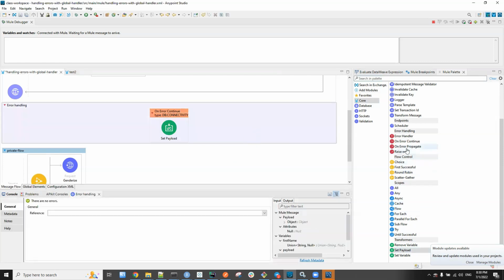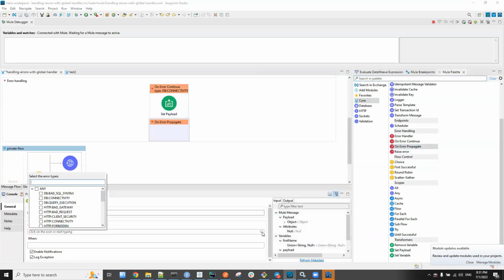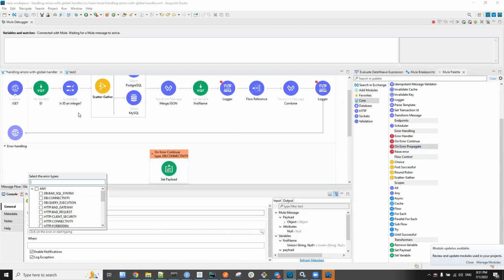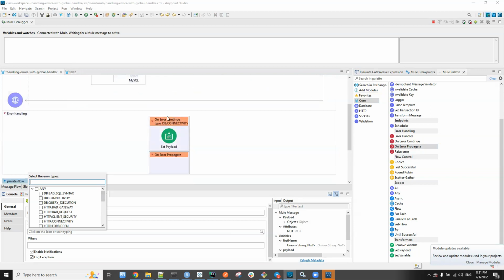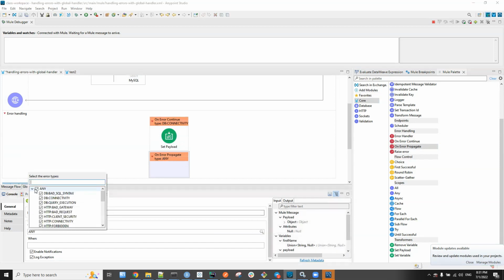And we can add On Error Propagate below it, just drag and drop below it. And now let's say we want to handle validation. The second one is, is the ID an integer. So we want to check if it passes this DB connectivity, and if it gets handled by this On Error Propagate. So in this error propagate, by default it is any, but I want to change it to validation.